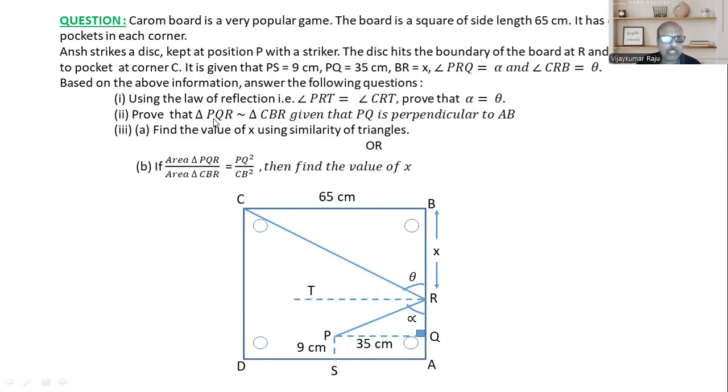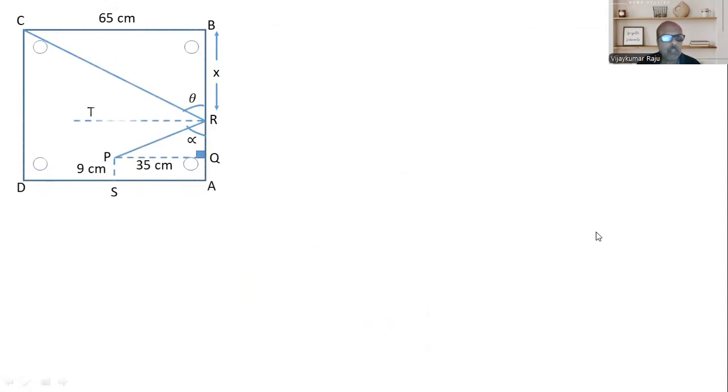And also you have to prove that triangle PQR, this particular triangle, is similar to this big triangle, CBR. PQ is perpendicular, as it's already given in the figure. And we are also to find the value of x using similarity of triangles, or you can find the value of x by using this condition. Now let us first go ahead with the question. So this is a figure. To start with the solution,